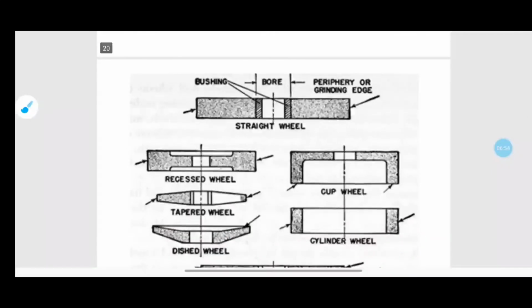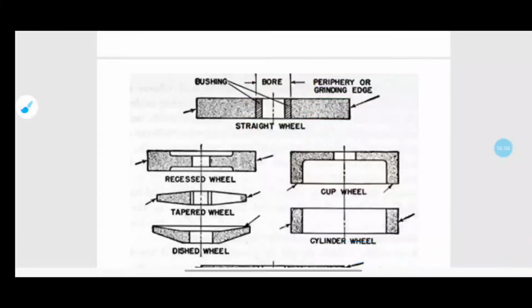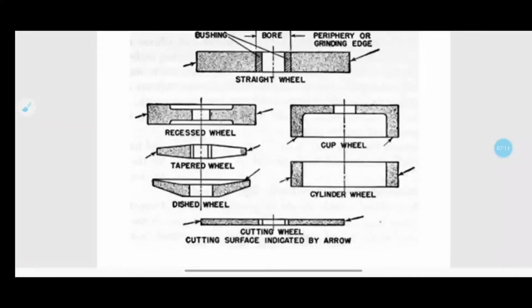So here if you see, this is a bore length, but actually where we have to do the grinding is over here. So this area we have to do the grinding. Basically they will be doing grinding in this area in order to have a better smooth finish. So these are the other things where you can easily see where all those things will be happening.